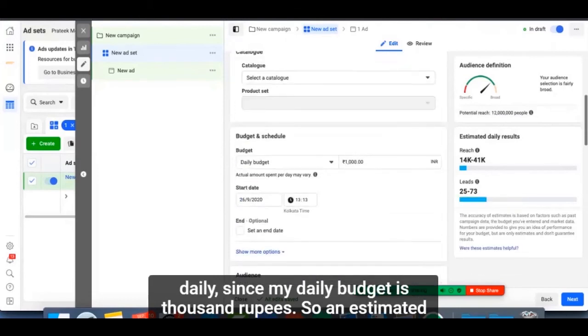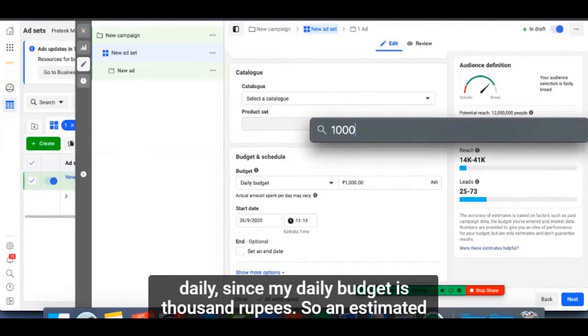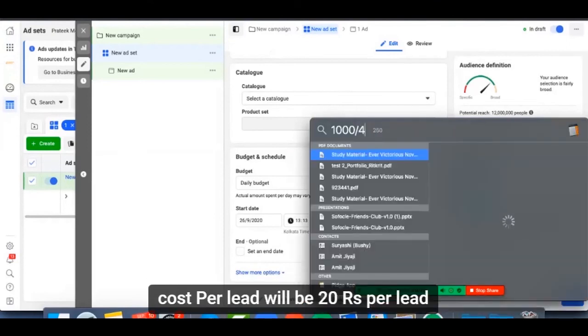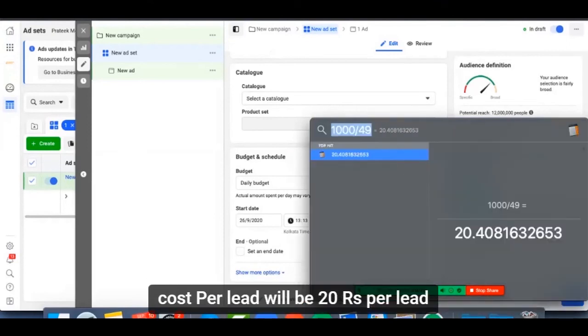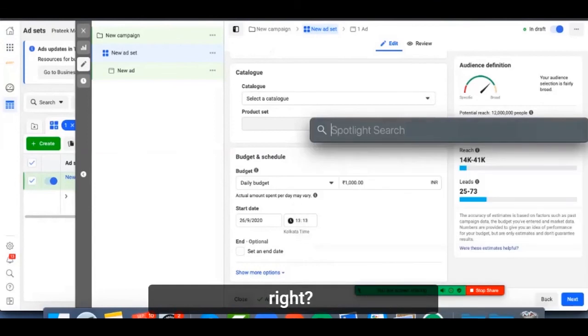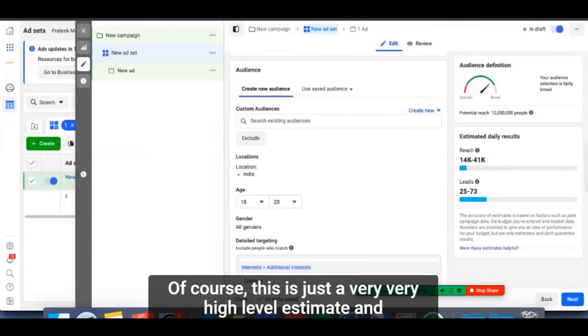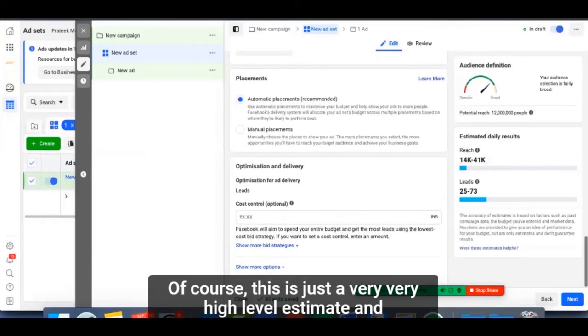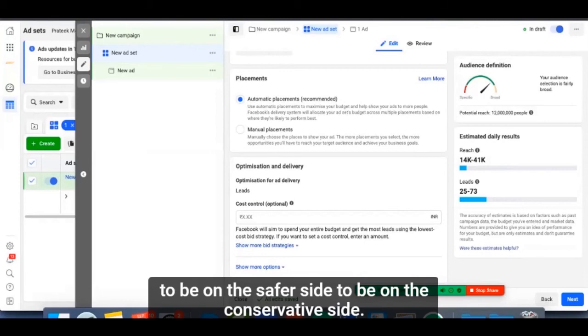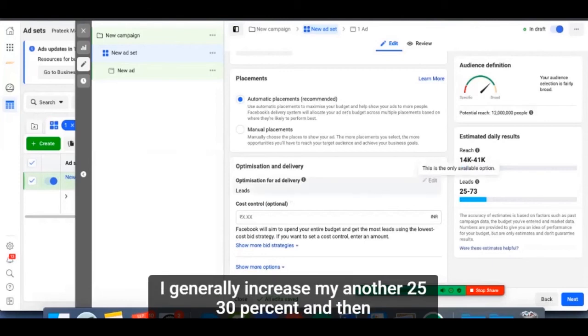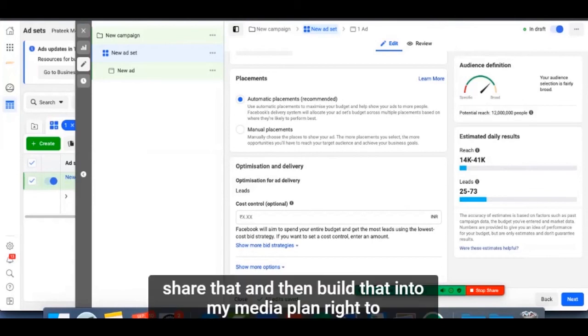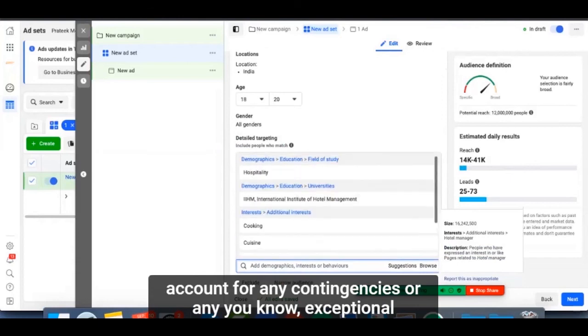Since my daily budget is 1,000 rupees, the estimated cost per lead will be about 20 rupees per lead, right? Of course, this is just a very high-level estimate, and to be on the safer, more conservative side, I generally increase this by another 25-30%, and then share that and build that into my media plan, to account for any contingencies or any exceptional circumstances.